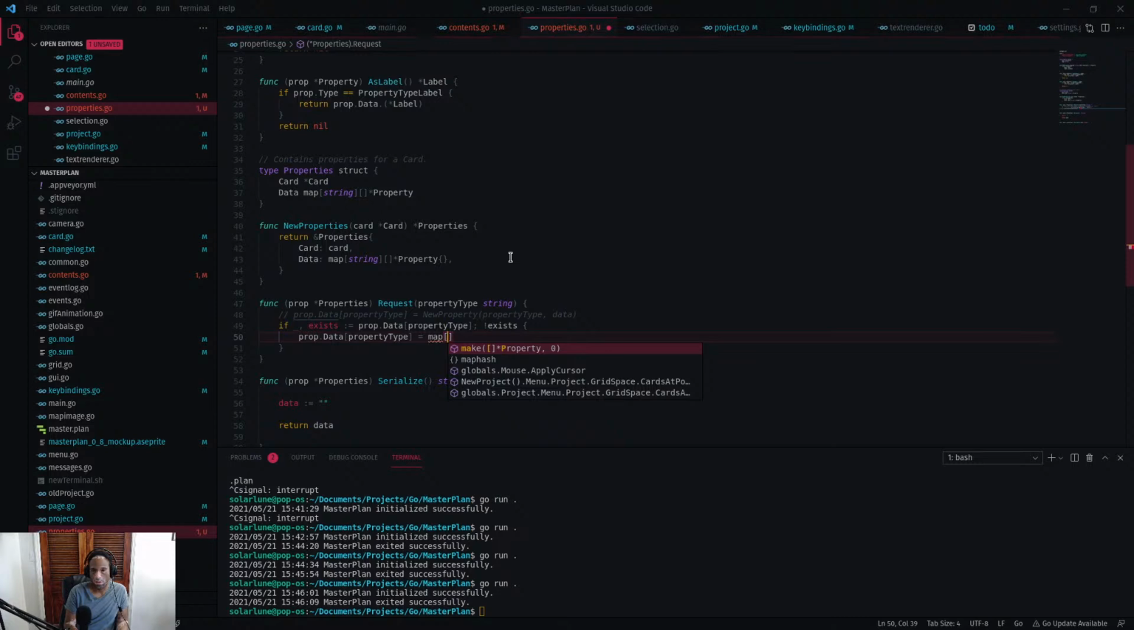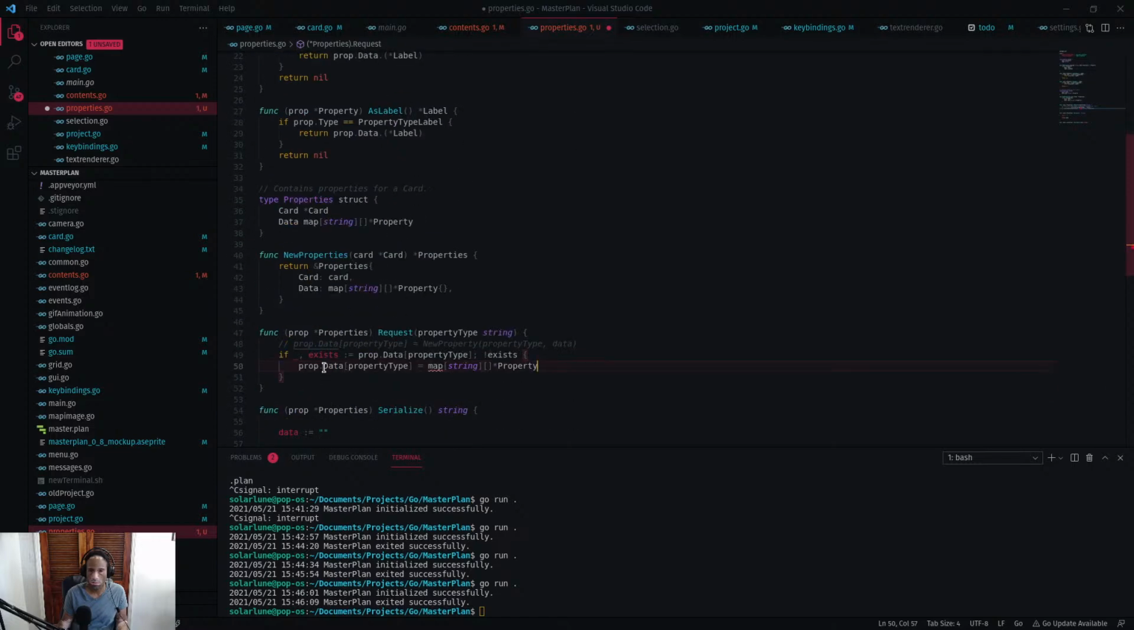Map. String to arrays of property. Wait. Map string. Yeah, why is this not? Can't. It's property. Data. Property type. Oh, no, it's just this. My bad. Okay. I'm trying to think about how best to do this, because basically we want to make a